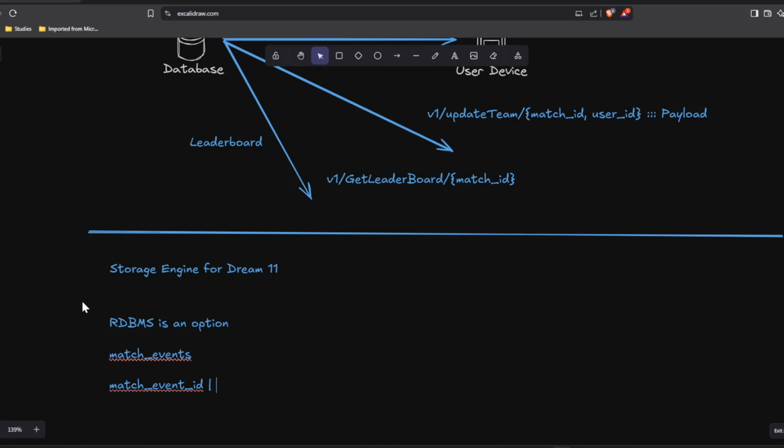Like if I have to mark it, okay. So this is the table, and these are the columns. It is going to have match event ID, then it is going to have player ID, then it is going to have the details like run or wicket, catch, and a timestamp as well. Okay, so